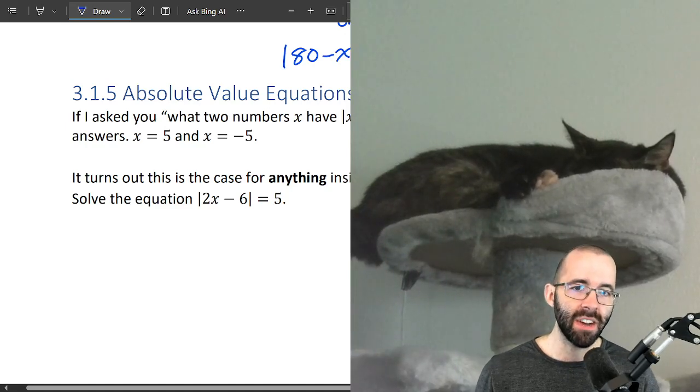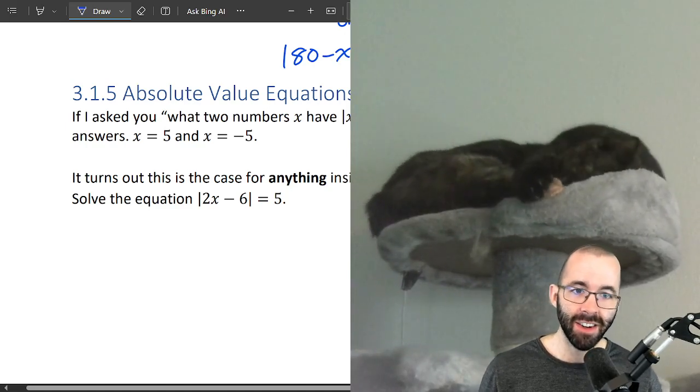Now that we know what an absolute value is, we're going to find out how to